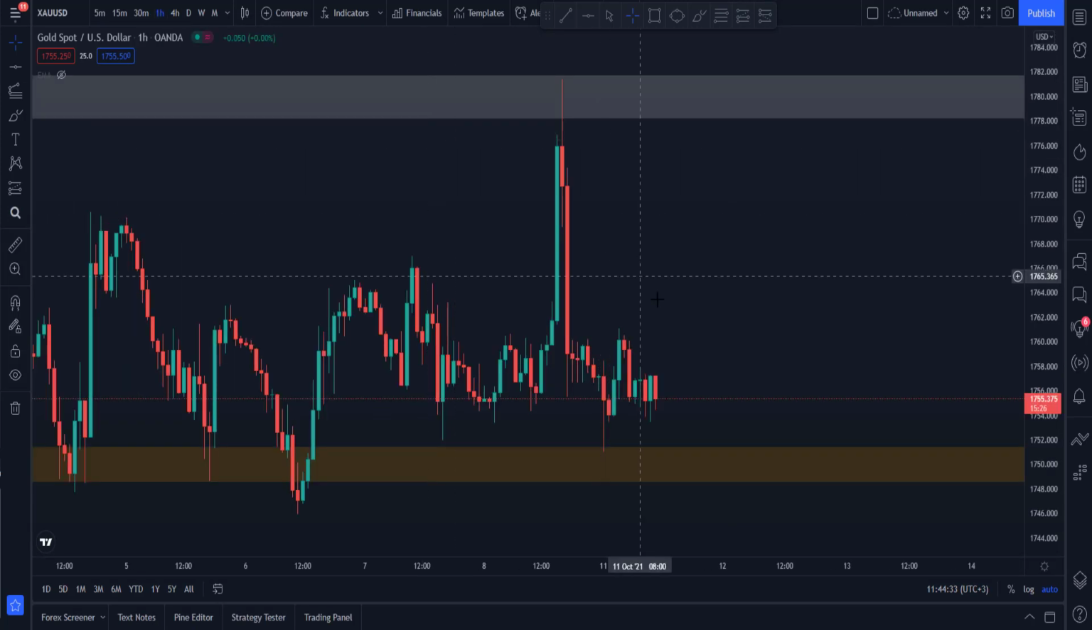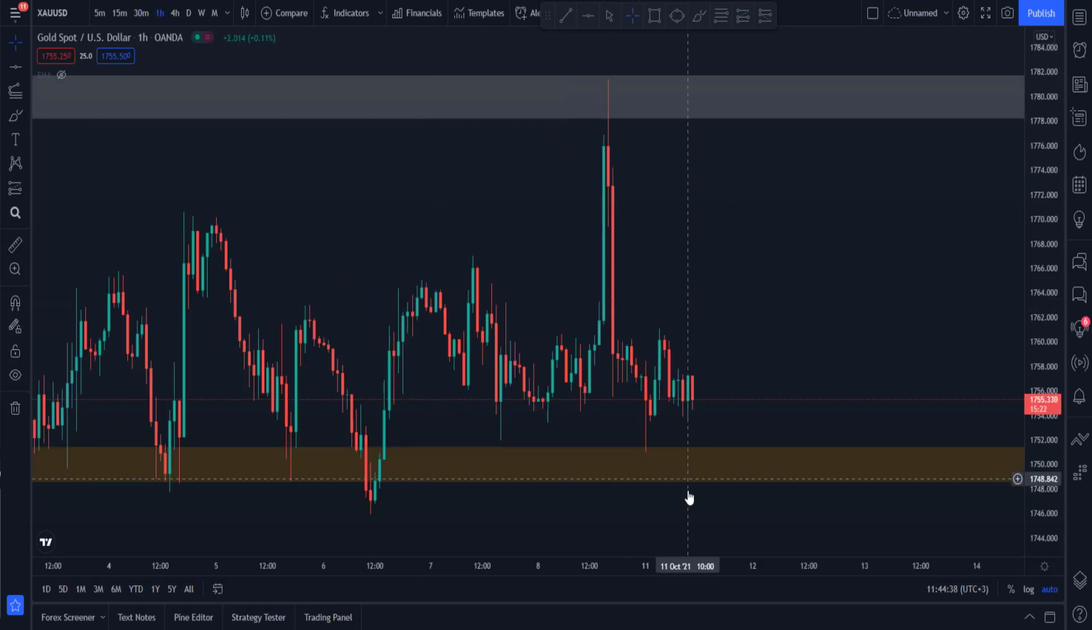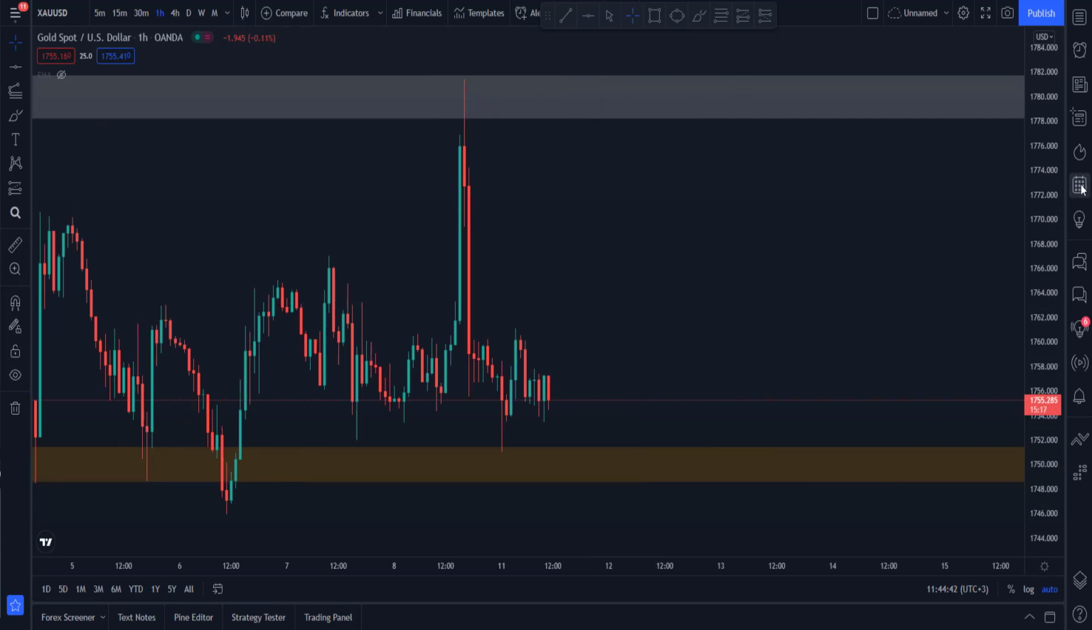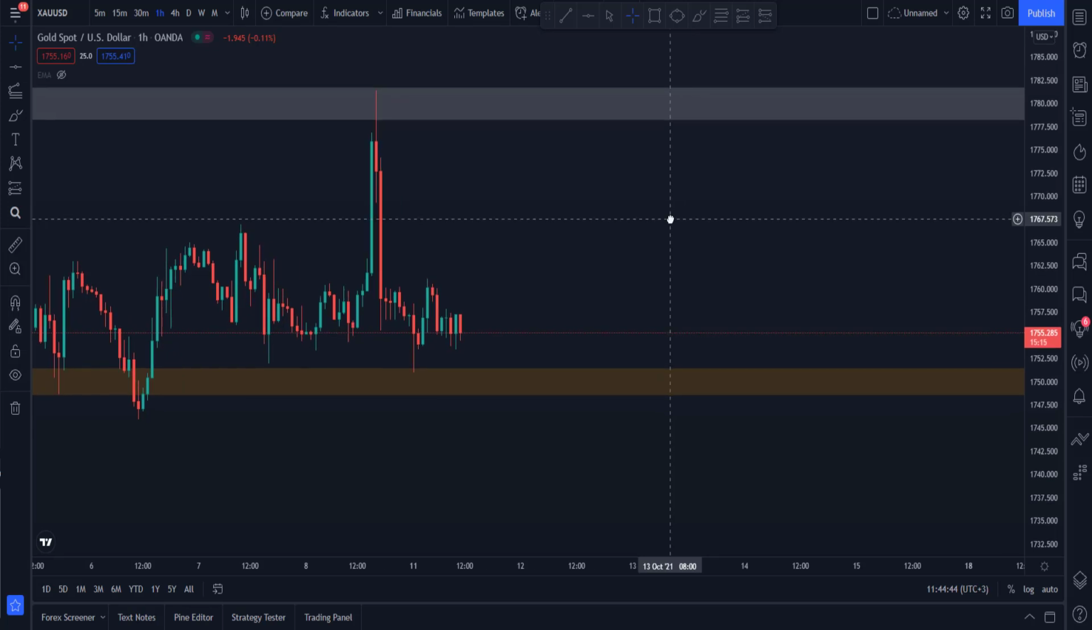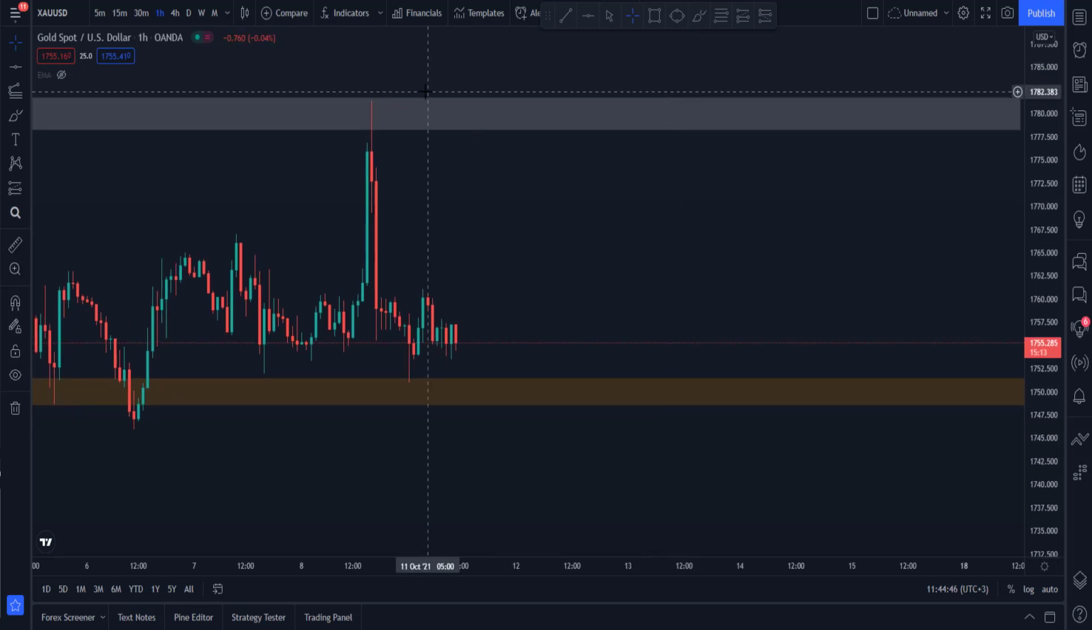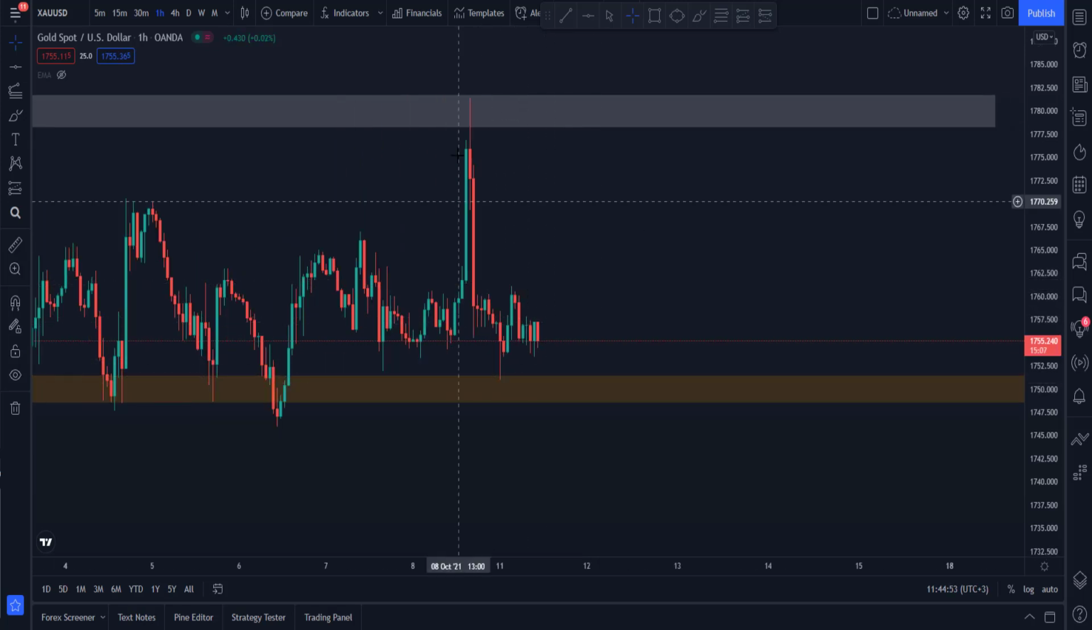And looking at the hourly chart as well, pretty much a break below 1750 will be a good indication to sell the market, and then we can either use stop loss around 1780. If you want to, you can use a tighter stop loss, but especially on gold